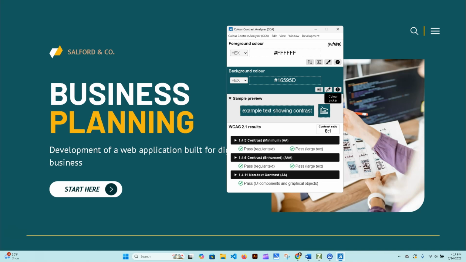But let's change our foreground color from white to this kind of goldy yellow. So we'll take our eyedrop tool and we'll go and we'll click over in the yellow goldy color, and it changes it, and all of our stats here change. We are failing with the regular normal text, but it's passing with large text.